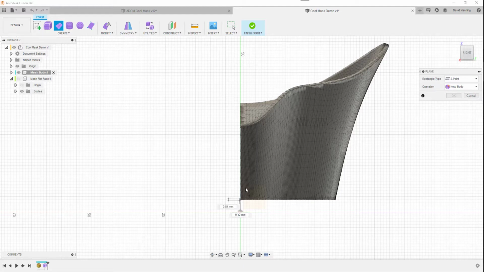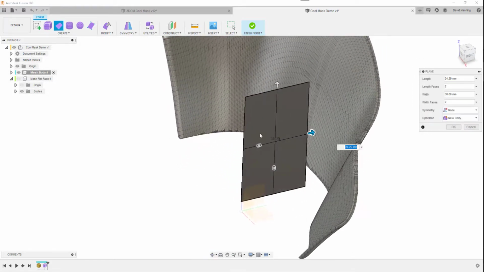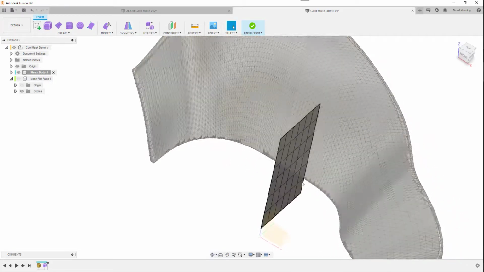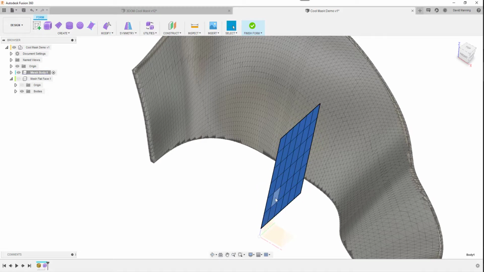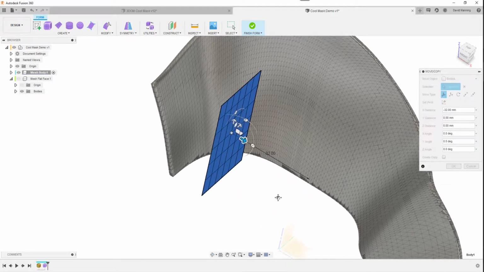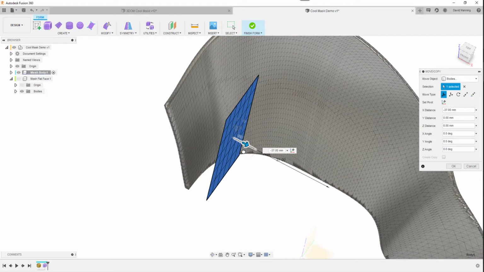So let's go from there and let's pick it up to about there, and then we get a single plane in that space. Now I'm going to increase the faces because I know I'm going to need some more because it's a fairly complicated curve, something like that, and hit OK. And that's not very useful to us. We can certainly double click on that and hit move, and I can transform that over here and get that kind of where I want it